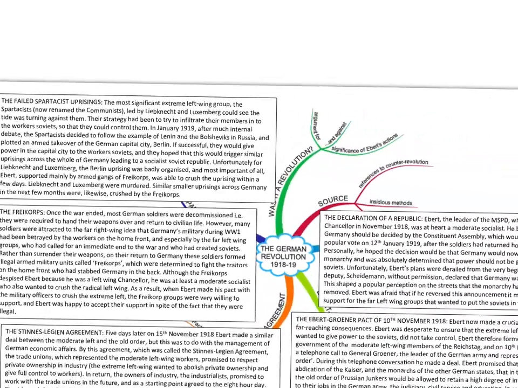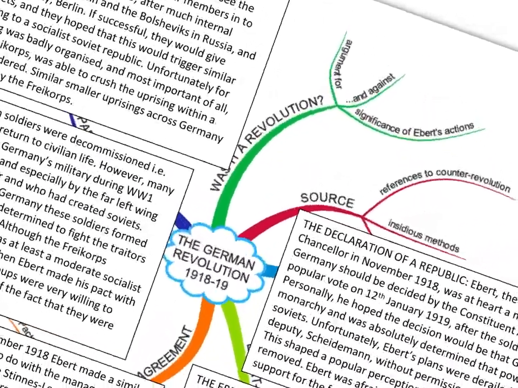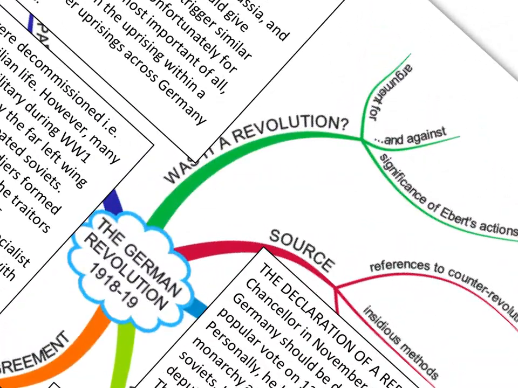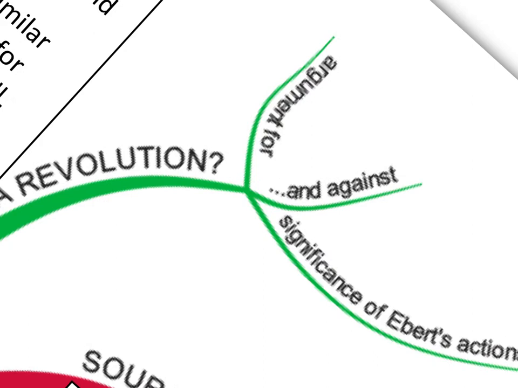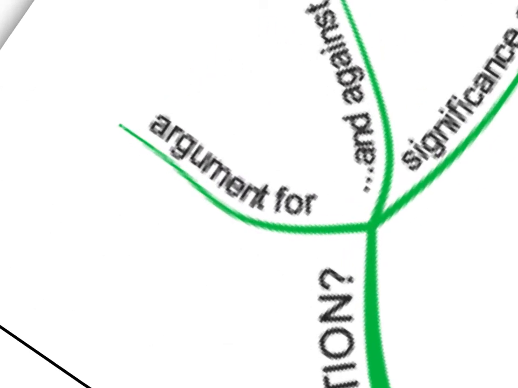So those were the events, and it's now that key question: why do historians call it a revolution? And as you can see with your mind mapping, there are arguments about why. There's a good case. For the best part of 100 years since these events happened, because they happened just over 100 years ago, the history books and chapters have called it the German Revolution of 1918 to 1919. But